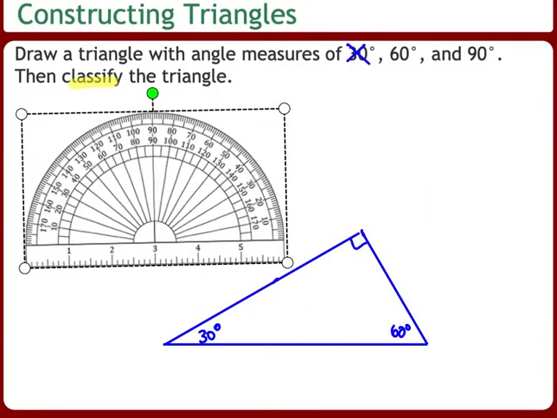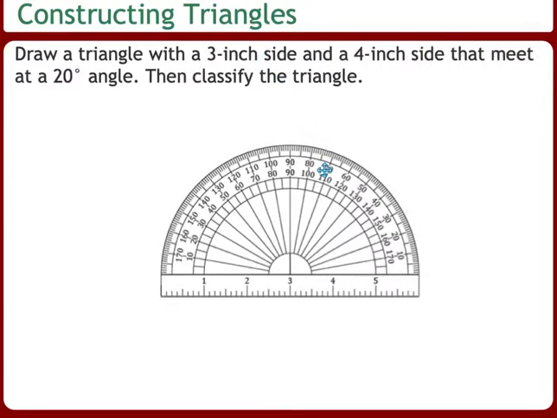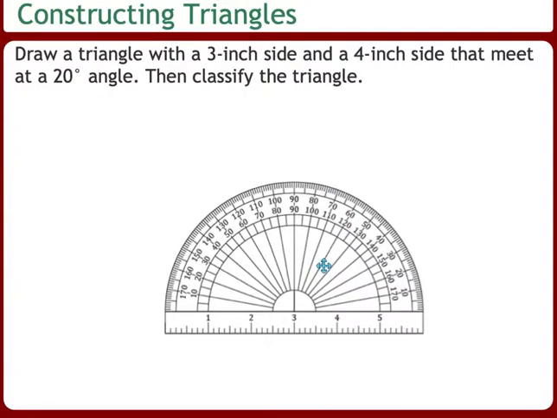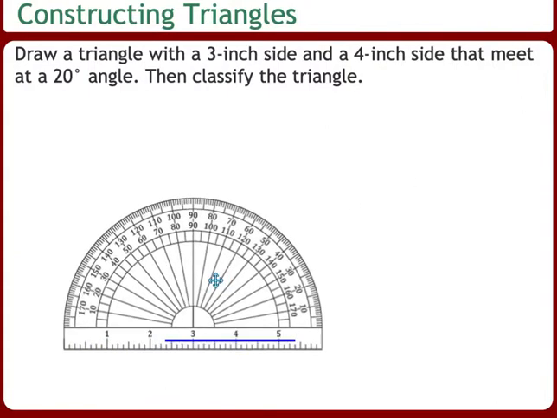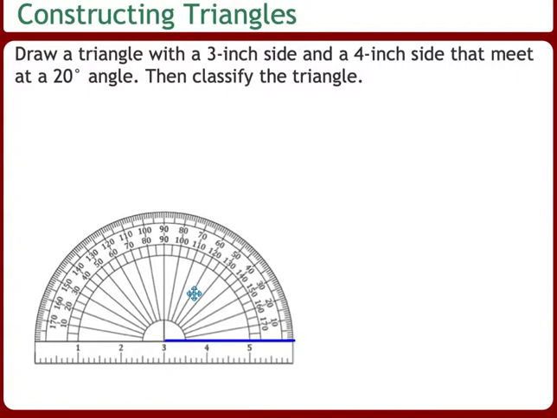So next up, we have a slightly different one. This one we're given lengths and an angle measure, and we want the angle measure to be between those two lengths. So this one, it specifically says 3-inch, 4-inch that meet at 20 degrees. So I'm going to go ahead and specifically draw a 3-inch. And then I'm going to go to the end. I'm going to measure a 20-degree angle. So here's 20, make a mark,